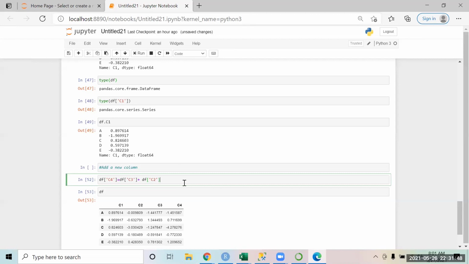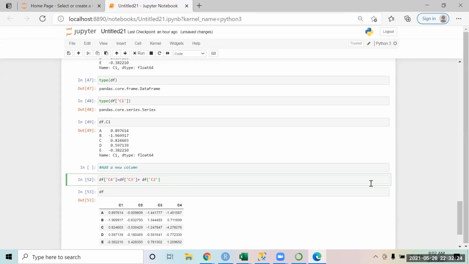In the same way, it can be a requirement that you would like to drop a column. So you want to drop a column, and you can do that as well. Is this adding a new column or replacing a column? Replacing. Earlier we created the array as 5 by 4, so 4 columns.